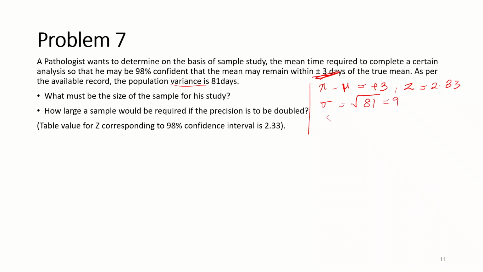Standard error is the same formula, sigma by root n. So 9 by root n, the value we don't know. So when we put all the values in the equation, z equal to x minus nu by standard error, what we get is